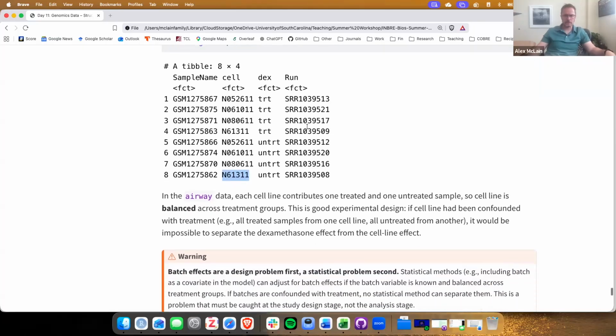And then we have the run variable here, which I think is an indication of when this was run or which of these were run together. And we don't have any situations that these are the same. And I'm not sure about